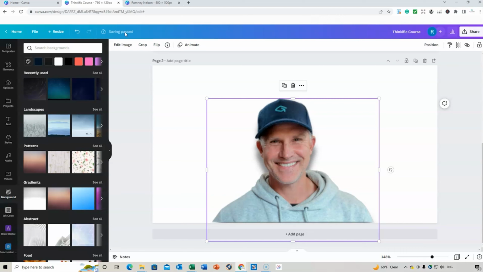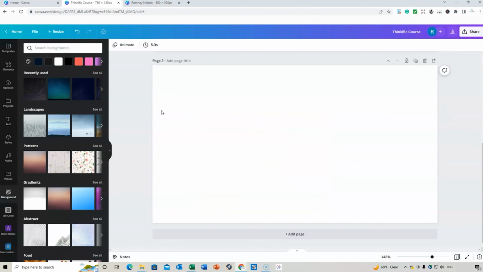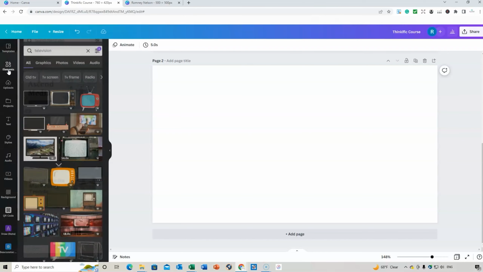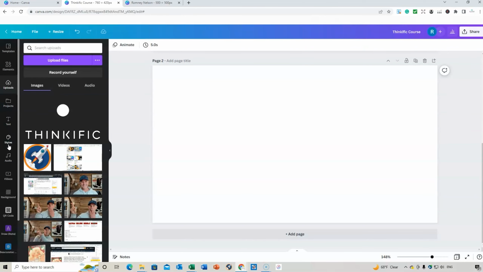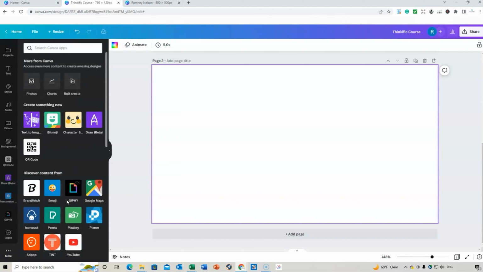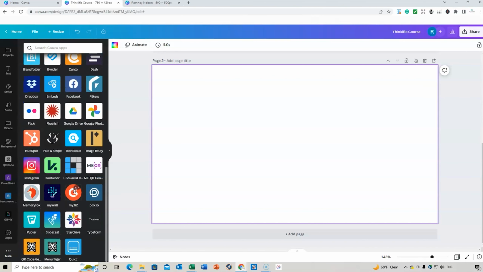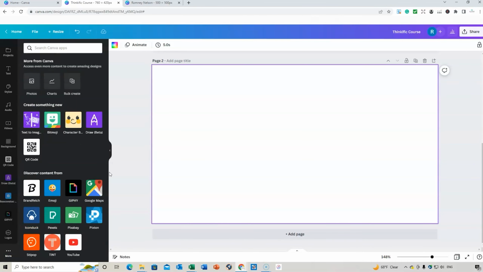The saving's paused, so sometimes that occasionally happens. So I might just go back. Oops, now I've gone skinny. Sometimes there's a few little glitches that do happen when you do that, but overall though, it's brilliant. You can change a lot of different things. There's templates, there's elements, there's uploads, different projects that you have, styles. You can do a QR code, you can add drawing if you want to. So you can go down and add different things. So there's other discoverabilities that you can do, and imports if you want to link up to Facebook, Instagram. There's a lot of different things you can do with that.